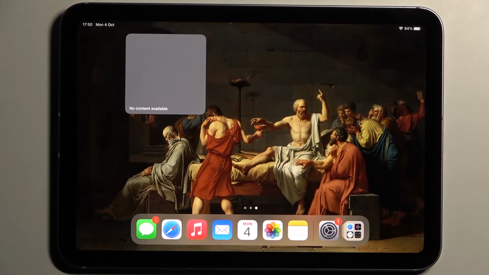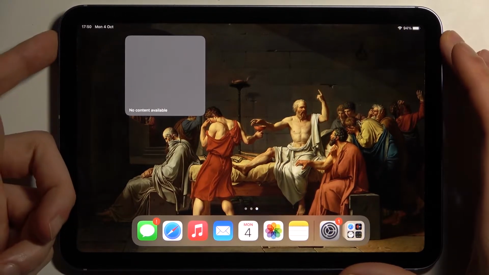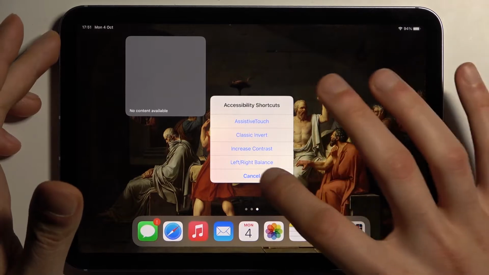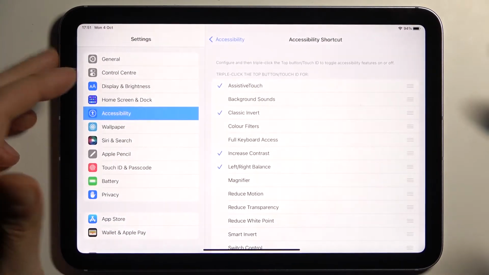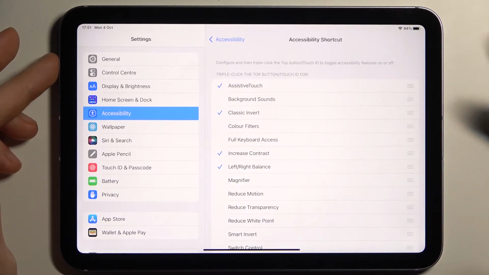Here I have iPad mini 2021, and today I'm going to show you how to disable accessibility shortcuts on this device. So accessibility shortcuts is when you triple press your power button here, and you can access accessibility shortcuts. But if you want to disable this feature, just go to the settings, then to the accessibility section, accessibility shortcuts,